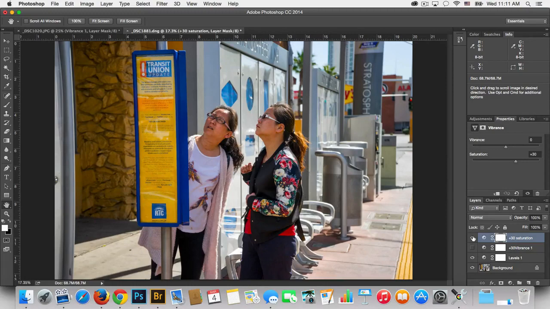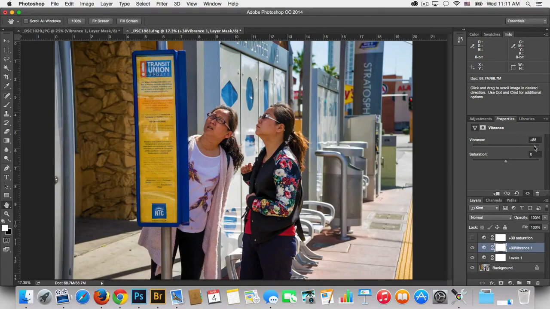That's great for skies, landscapes, and things like that. But if you have people in the image, a lot of times you're going to want to play with vibrance. Now that's not saying that that might not be enough. I can come on here, click on the right layer. I can come in here and crank that up, the vibrance, and you'll see that their skin tone does change